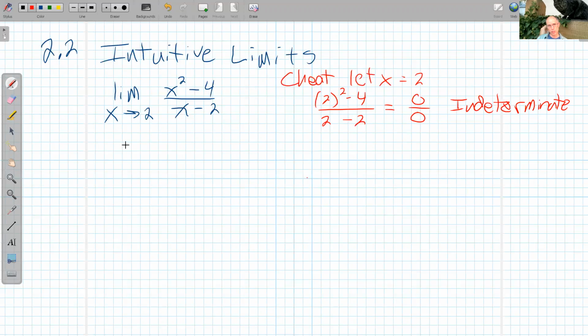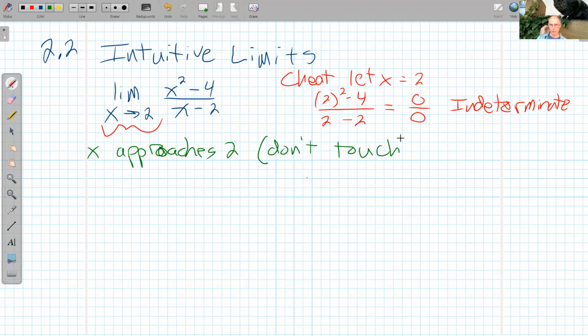So what we did was we said, okay, this right here really says x approaches 2. And the fine print about the approaches there is don't touch, which we did above. Sometimes it works, sometimes it doesn't. So there's a couple of ways to proceed from here. So one way we did in class the other day